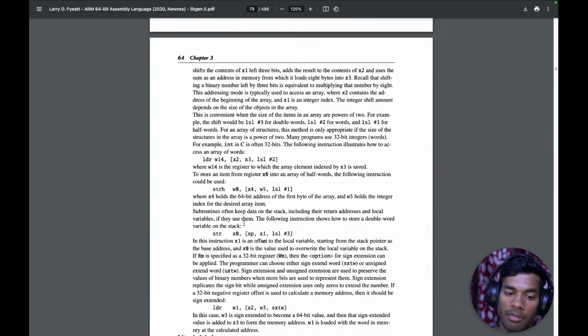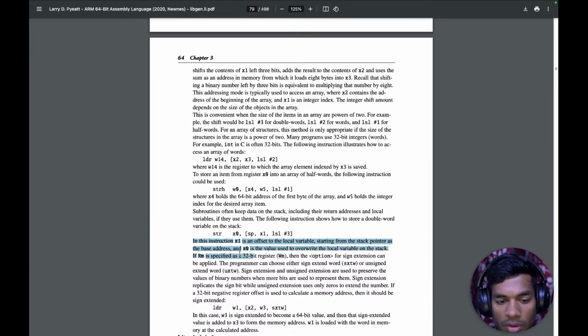Here x1 is an offset to the local variable, with the stack pointer as the base address, and x0 is the value used to overwrite